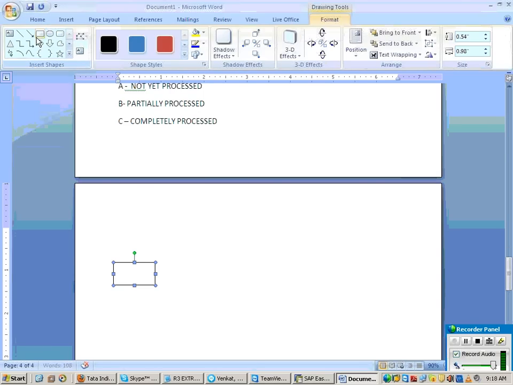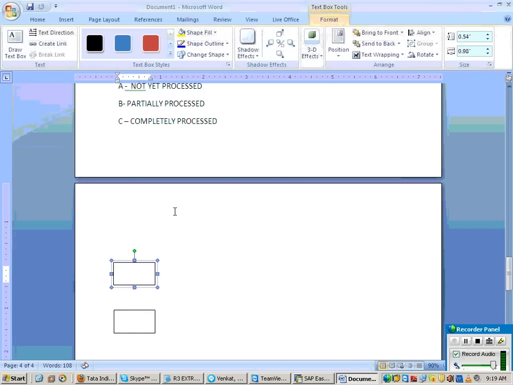Let us say this is VBAK and VBAP. These are sales order header and sales order item.